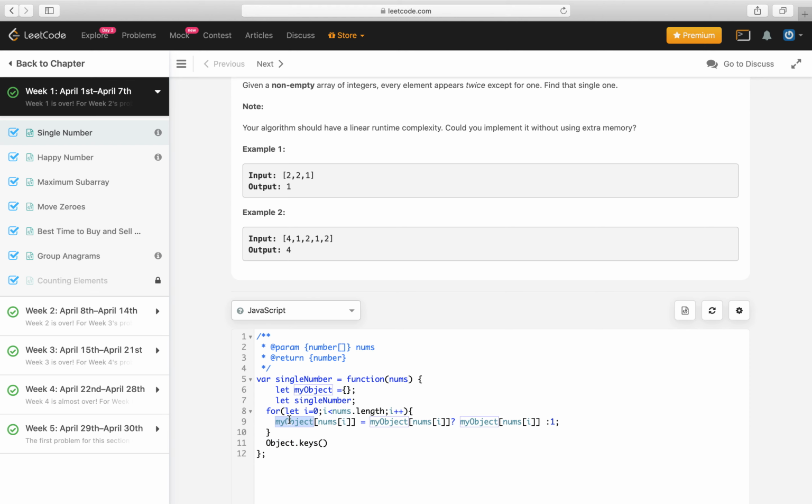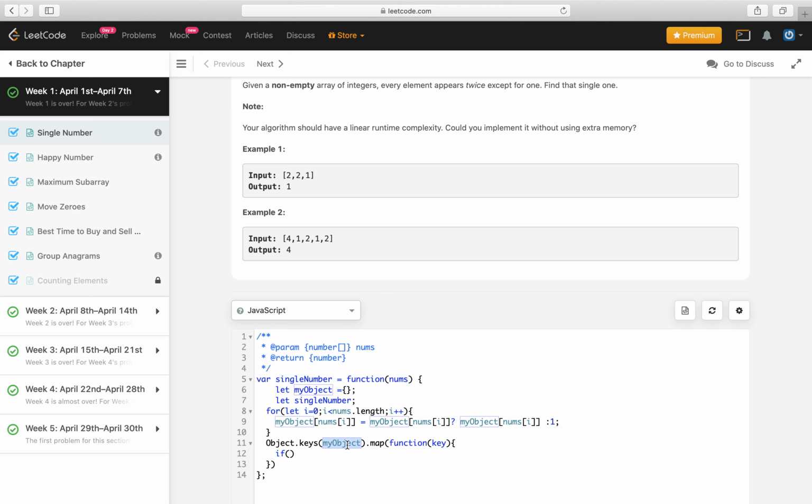Loop through my object, and check what is the value here.